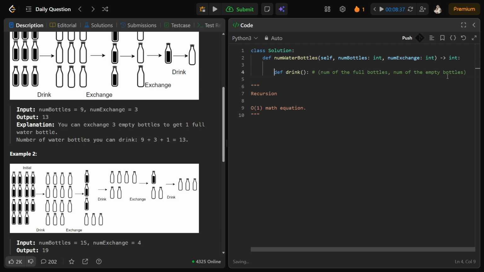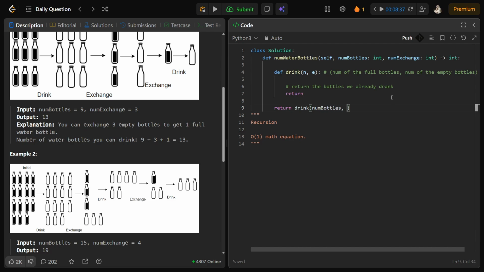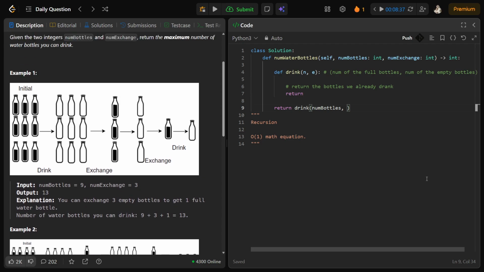Let's just call them number of bottles and empty bottles, and it is going to return the bottles we already drank. So the return from the drink function is going to be the answer. We call drink with the full bottles, which is the number of bottles, and the empty bottles, where we should start with 0 empty bottles,